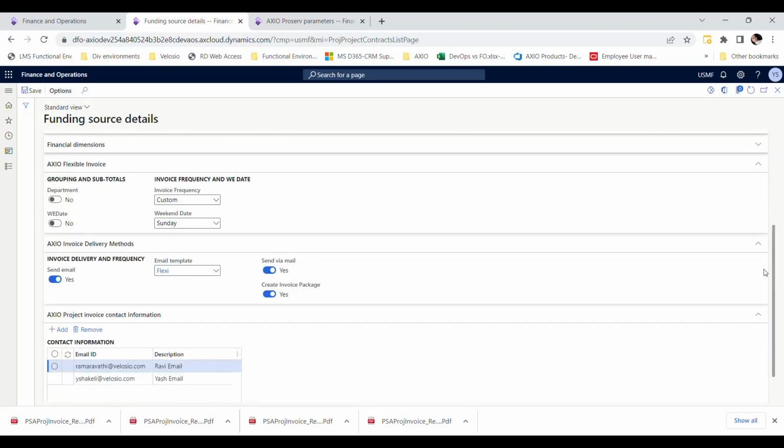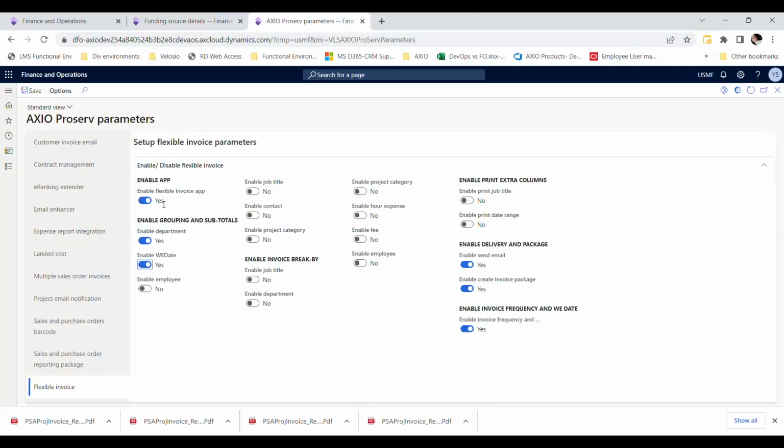Scroll to the bottom and now the Group and Subtotals section displays, whereas before we were seeing only the Invoice Frequency and Week and Date section. Now we can see the options under Grouping and Subtotal by Department or Week and Date. We can see the Department and WE date fields because we enabled only these two options in the Setup Parameters